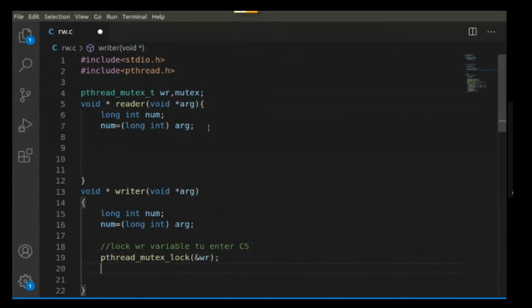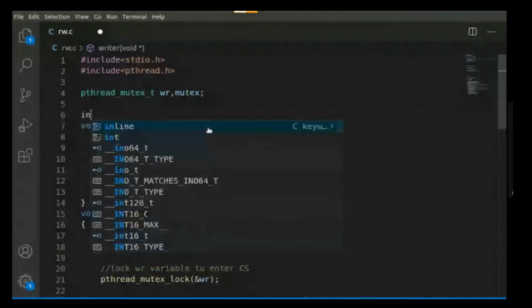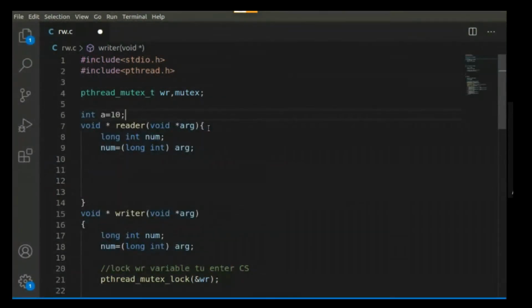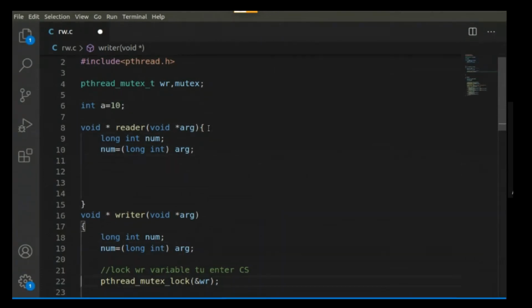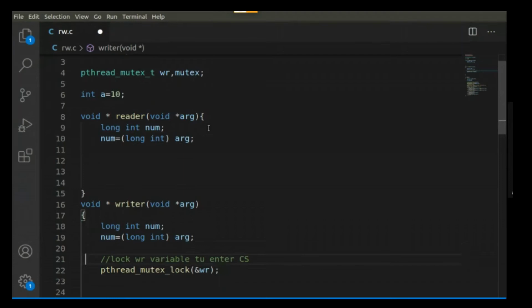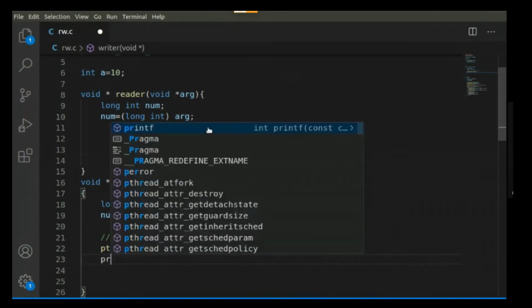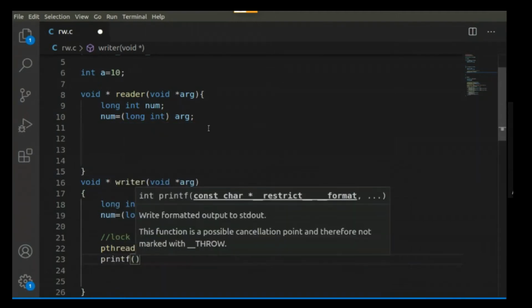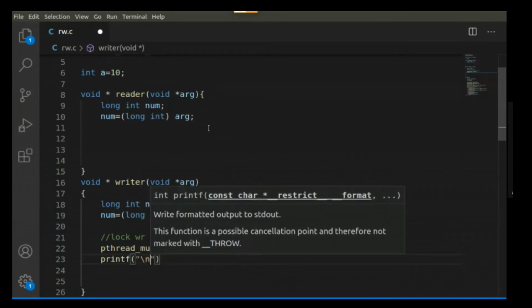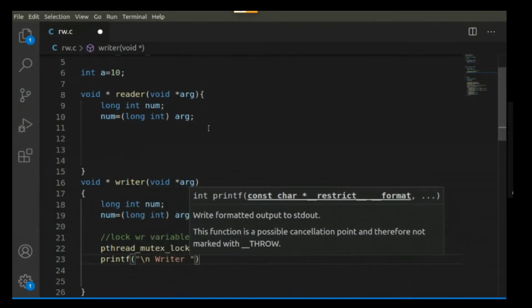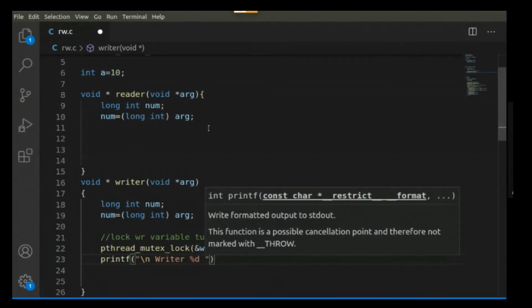Okay, then here the writer will write some data. So we'll take one global variable for writing data into, say int a equals 10, or whatever common value you can take. Now the writer is in the critical section, so let us write some data. So printf, directly we will printf \n writer %d have written